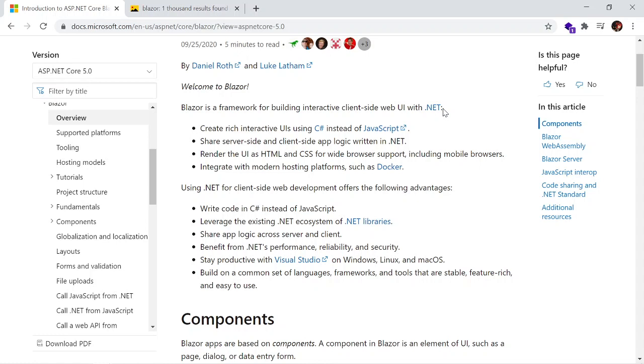And the latest .NET framework is .NET 5 or ASP.NET Core 5.0. And with Blazor, the code is compiled in .NET language, so it's faster than the JavaScript code.